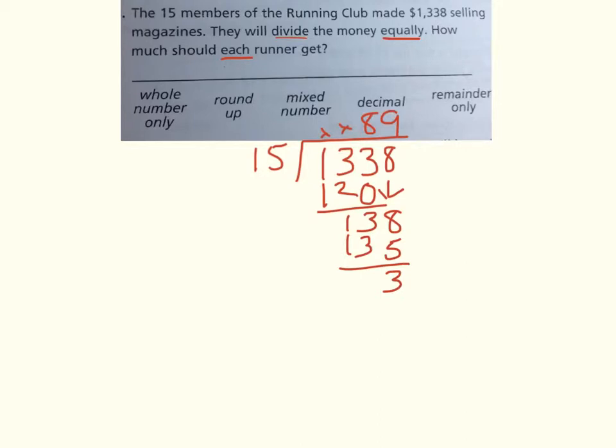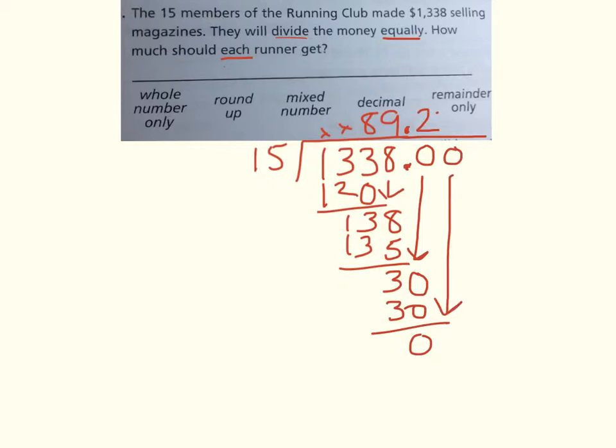So because we're talking about money, we can add in the decimal point, and I'm going to put it on the top also in the quotient. I'm going to add a 0, and I'm going to bring down the 0. And now I say 15 goes into 30 2 times. 2 times 15 is 30. I don't get a remainder, but because I want to have this last place value for pennies, I'm going to bring down my last 0. And I have my answer is $89.20. So we should circle that we're going to need a decimal for that and that they're each going to get